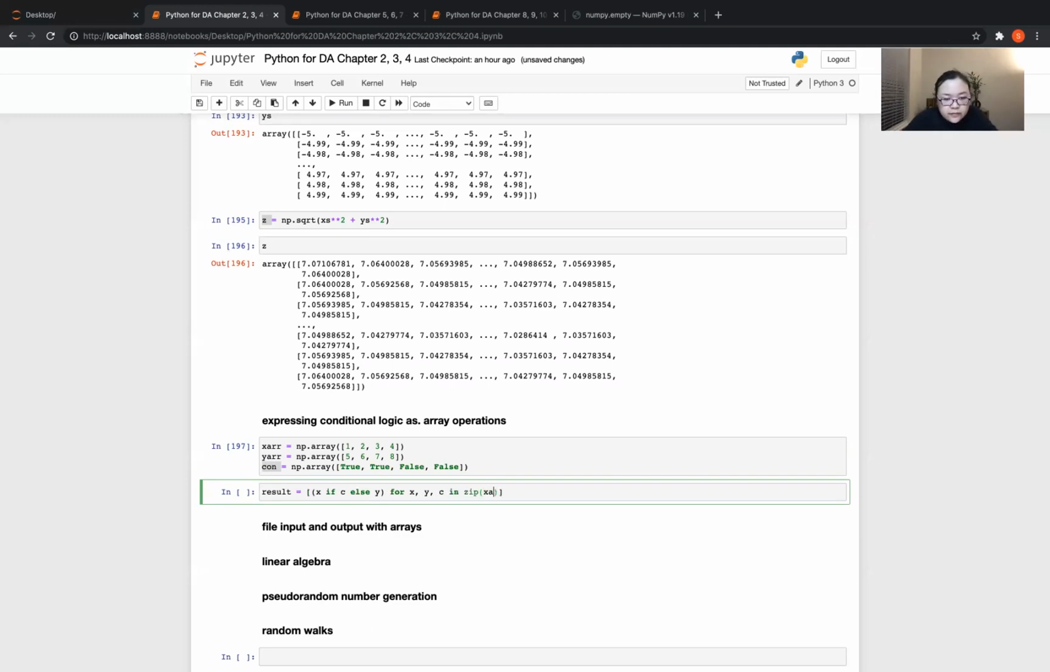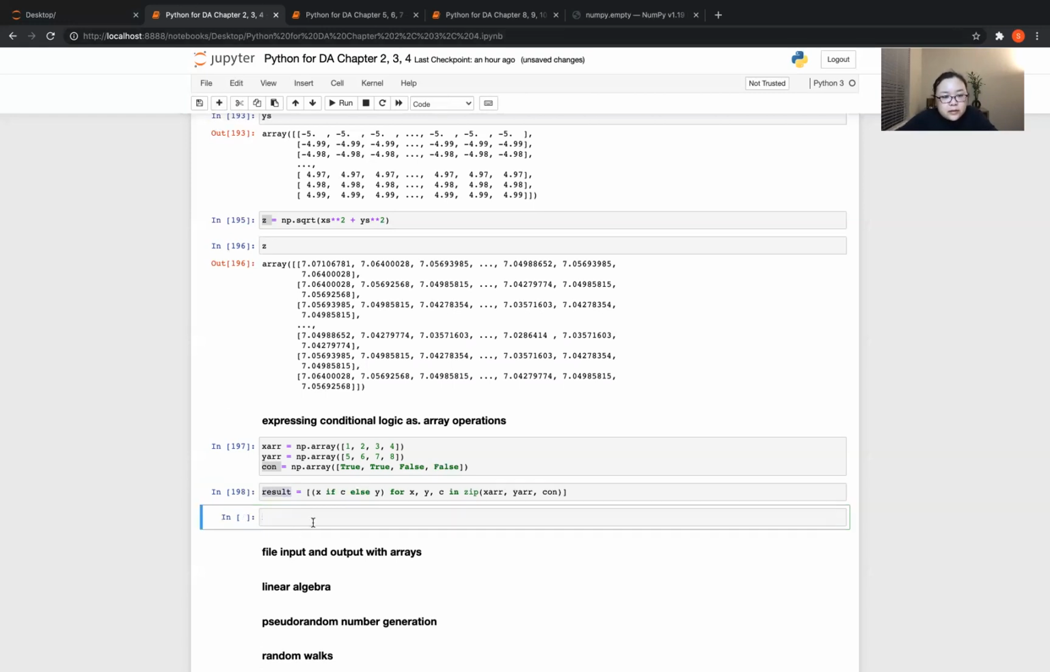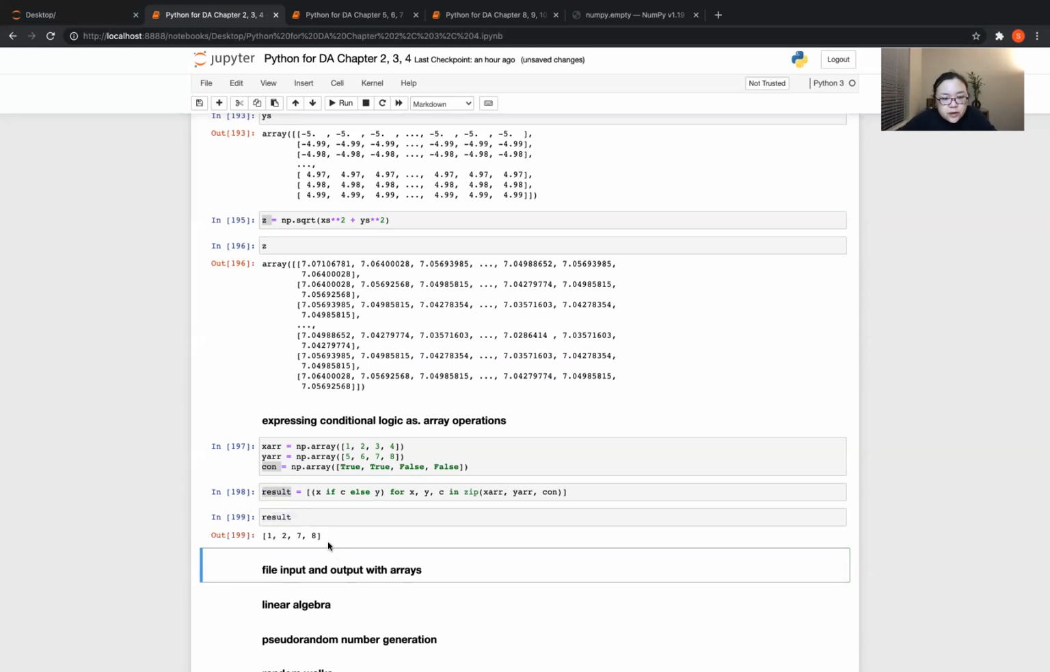Remember, we have used zip in the tuple part. X array, Y array, con. Okay, that's all about them. And what will be the result? Okay, 1, 2, 7, 8. 1, 2, 7, 8. So because